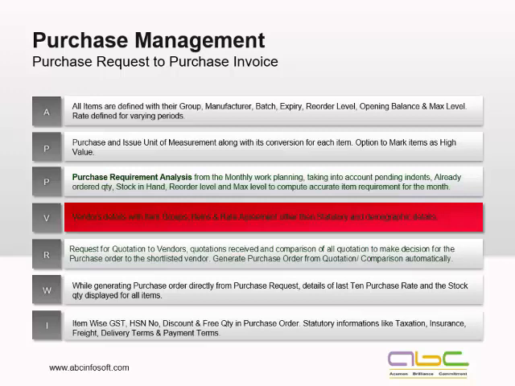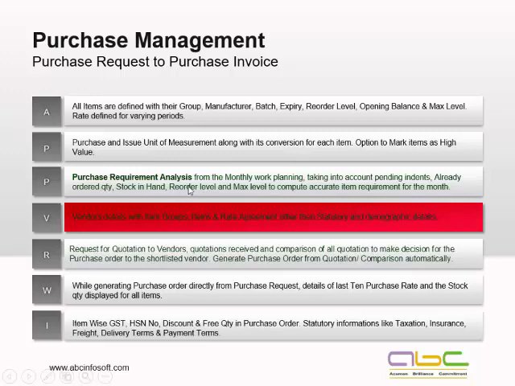Now, again, this is a very important module to handle all my materials. We'll be defining all the materials here with groups, manufacturer, batch, expiry, reorder. We can have high value items or general items. We can define those things. Then we also have 2 units for each unit. Say there are so many materials like cement, we generate purchase orders in, let's say, metric ton, and when you issue the material, we are issuing it in bags. Similarly, we can have 2 units for any of the units, and the stock will be maintained in both the units at every place.